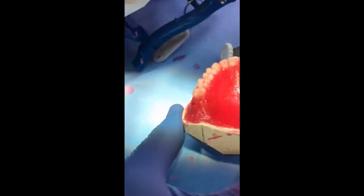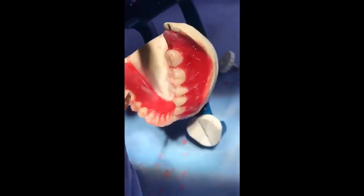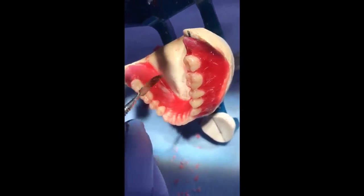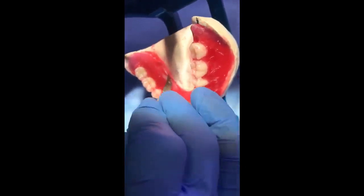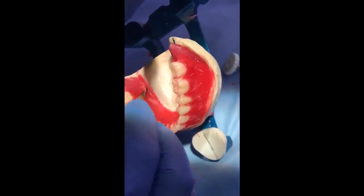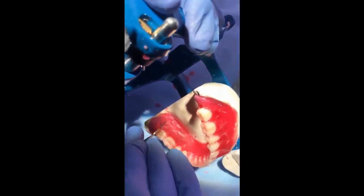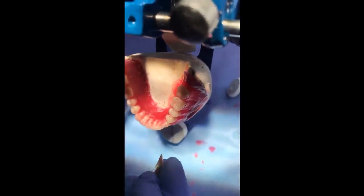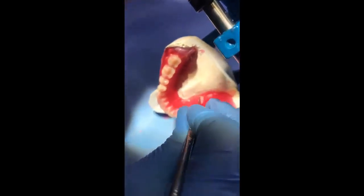Now, for the lingual aspect in the lower denture, as you can see, we need the direction of the wax to be straight from the gingival third of the teeth to the borders of the denture, with a slight concavity to accommodate the tongue movement. We remove this excess wax, and the amount of wax I added is sufficient, so we just clean the wax here and make it smooth. And you can see here the wax is straight from the edge of the teeth to the borders of the